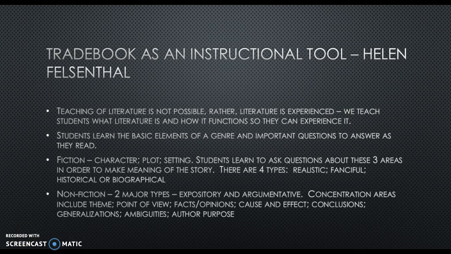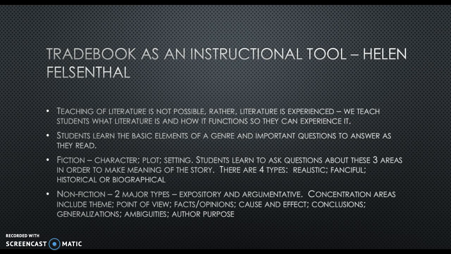Okay, welcome back. So the next article was using a trade book as an instructional tool. So a trade book is anything other than a textbook. So any book you would go to the library and get, or Barnes and Noble, anything like that. So Helen, and I'm probably going to mess up her name, Felsenthal, I believe, did an article regarding using it as